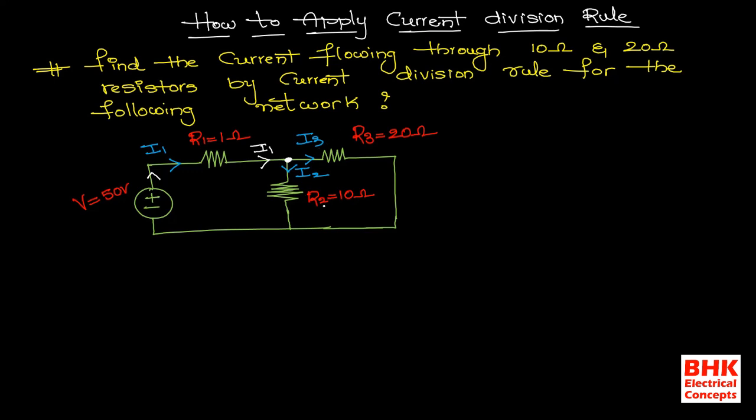Okay, now the main concept is, if you find the values of I2 and I3 by applying the current division rule, that is clear. But only if you know how much current is available at this particular junction point is it possible to calculate the values of I2 and I3. Because if you don't know how much current is available at this junction point, then it is not possible to find I2 and I3, because of the formula given by the